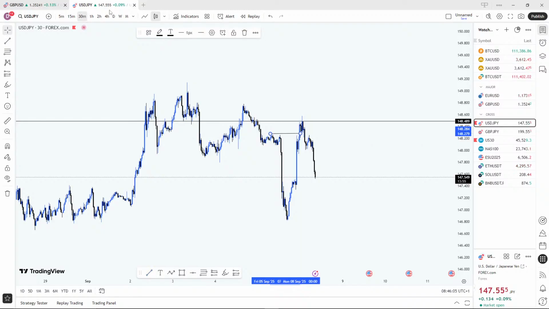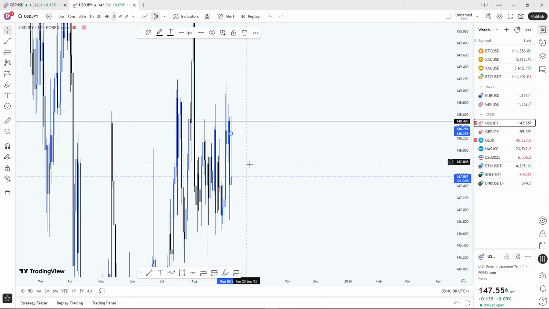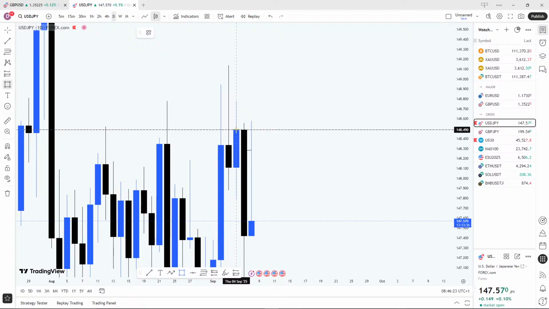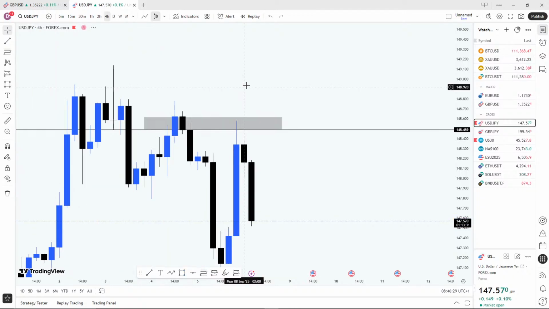Now, this was where the sell happened from. Watch this closely. We have this daily high as a daily long wick, which is an order block. And I believe you already know that by now. You can see where I marked out the line as the sell zone. That's where the price got to. But since there is no clear liquidity, it's not clear to me. That's why I didn't take it.